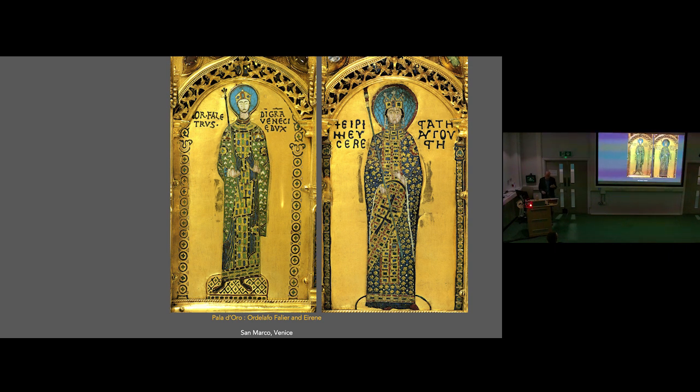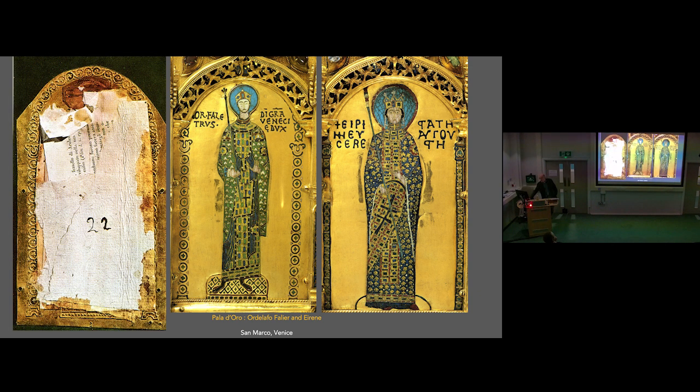So if that was the case, then it would encode the same kind of hierarchical meaning in the Pala d'Oro as we've seen already in Géza's crown in Hungary, and as the wonderful article of David Buckton and John Osborne has, I think, proved conclusively. When you look at the head of Ordelafo Falier, you can see how awkward it is, that it's clearly been changed, and from behind you can see that a new head has been placed on it. It only makes sense to read that as being an original plaque showing Ordelafo without a halo like Géza had, and then the Venetians, presumably in 1209, when one of Falier's descendants is procurator,